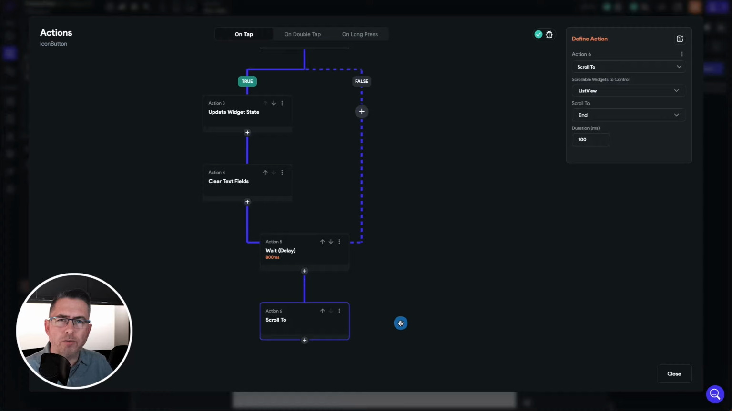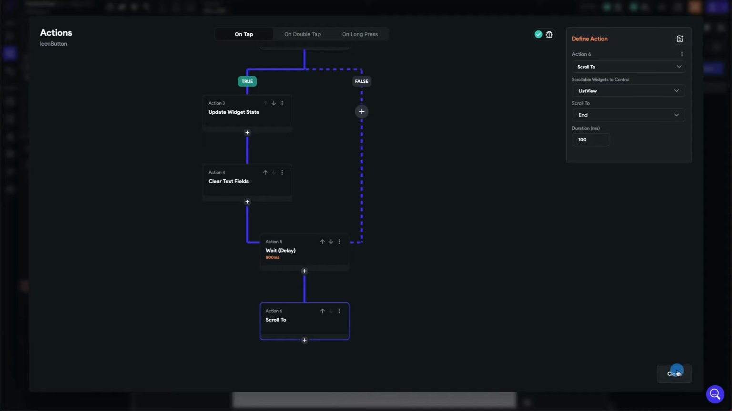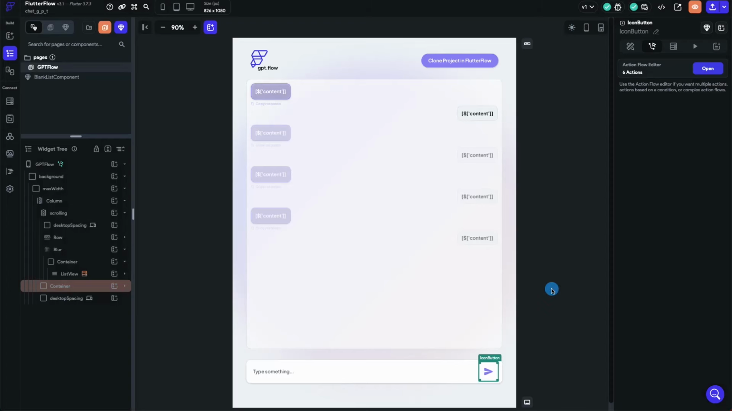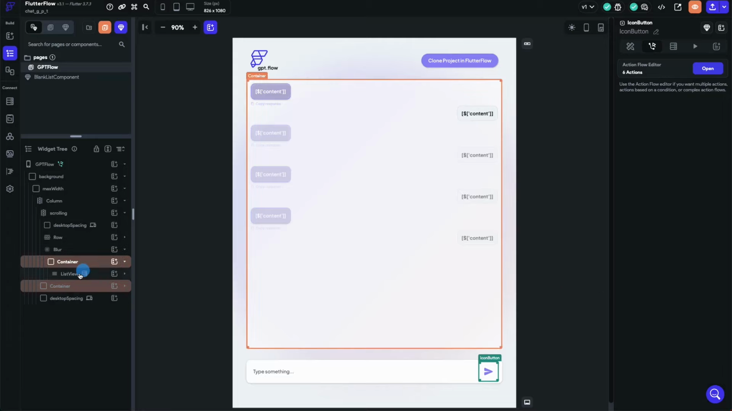All that's really doing is, if you had a big long chat inside the list view and you scroll to a different position, when you type into the prompt and hit send, you want the list view to scroll back to the position where the latest chat would be added from the response. So it's a great way to handle the list view positioning there. So that is that. And just finally, the last thing to probably talk about is the list view, because